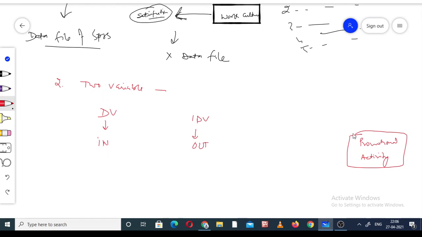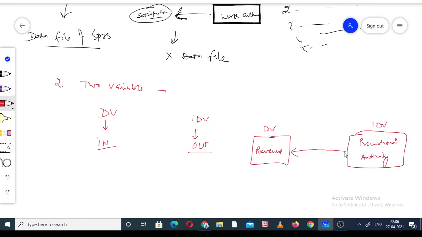This is the promotional activities and the impact of this on the revenue of the company, and I make it like this. So the arrow is coming on the revenue side. The arrow is coming inside, and the arrow is outgoing from this box. So outgoing from this box is the independent variable, and coming inside this box is the dependent variable. As per my statement, dependent variable is in and independent variable is out.